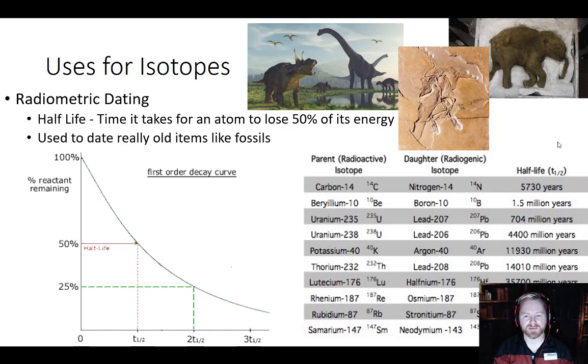Now, people say, well, if carbon dating only goes back a relatively few years, how can we use that for telling how old dinosaurs are? Well, we don't use carbon dating as the type of radiometric dating for dating fossils. We use other types of radiometric dating, like uranium, thorium, potassium. All these things are found in rocks. Here's an Archaeopteryx. We want to know how old it is. We're not going to find carbon in here. It's already broken down. This thing's millions of years old, but we can find uranium, potassium, because their half-life, this version of uranium is